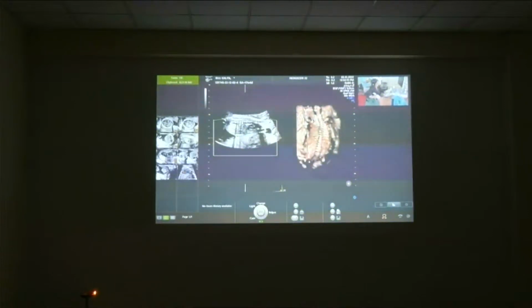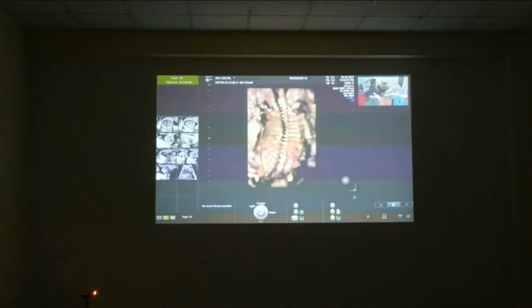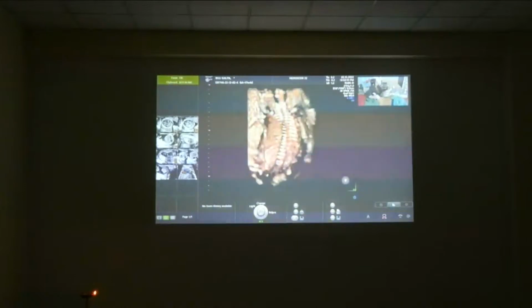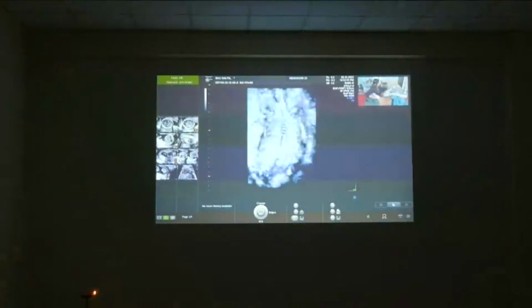So you can do a 3D spine in this. You can go at different modes, you can start playing around. 3D is very fascinating actually. It's like you can